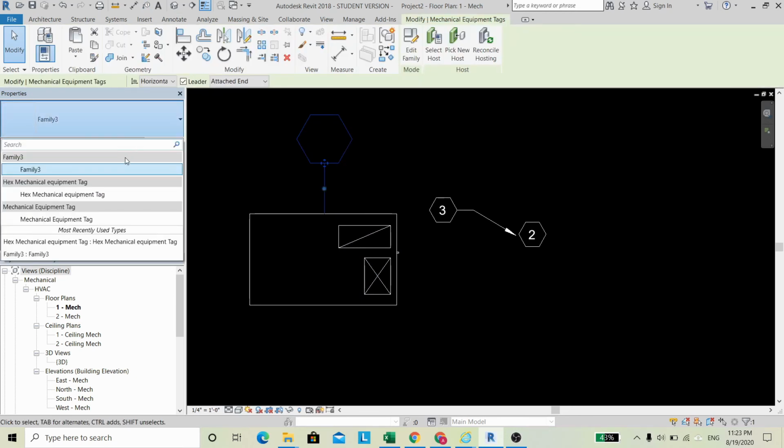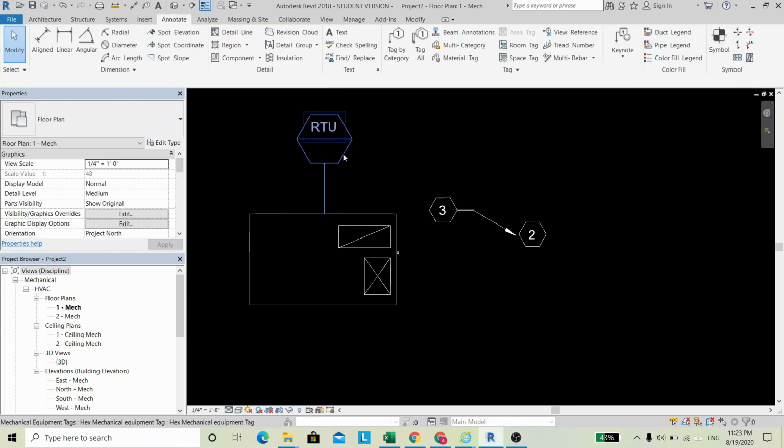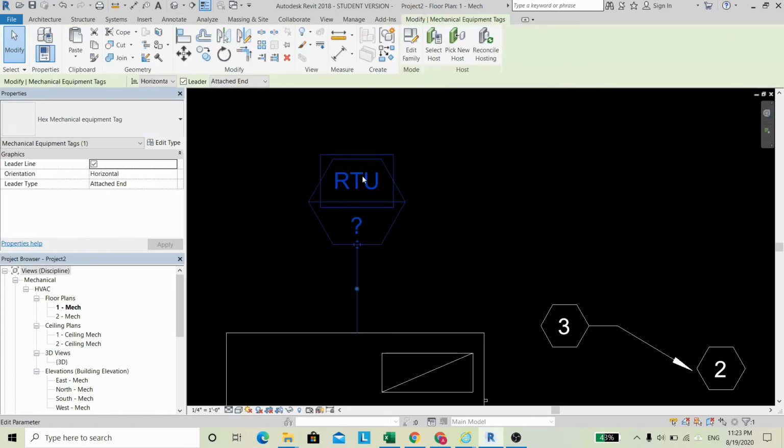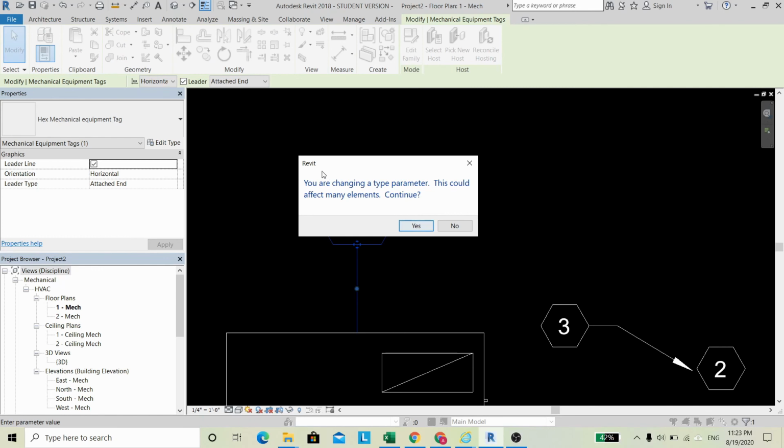So let's select the hex mechanical equipment tag, and now we have that this is the sample value. You can modify this, so we can put any XYZ or something we want to denote the family with as an example, and it's going to ask me